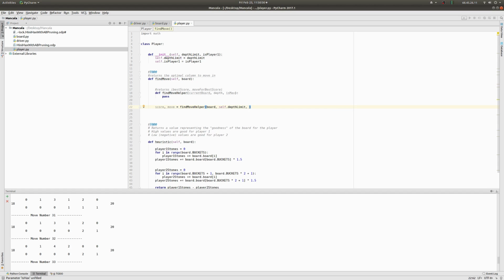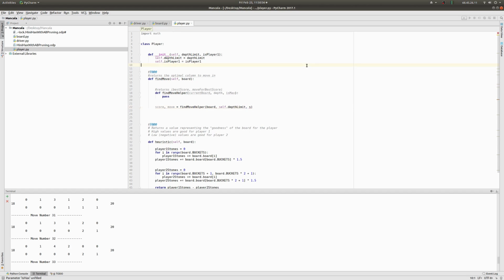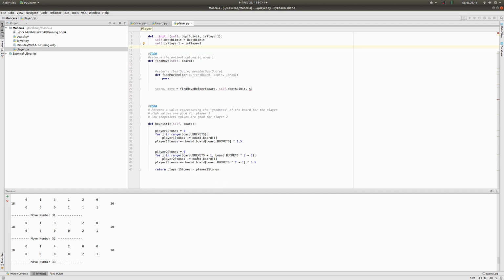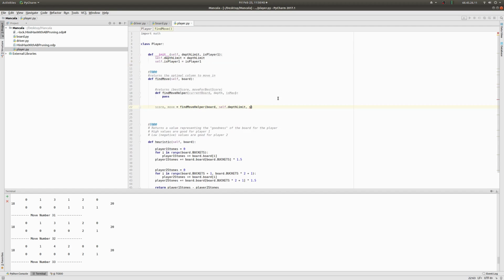And then the final thing is, is it a maximizing player? Just arbitrarily, we're going to say that the maximizing player is going to be player 1. We've defined that in our heuristic below here: high values for player 1. So our maximizing player should be player 1. We have this is player 1 Boolean right there. And so if it's is max, it should be self dot is player 1. And that'll